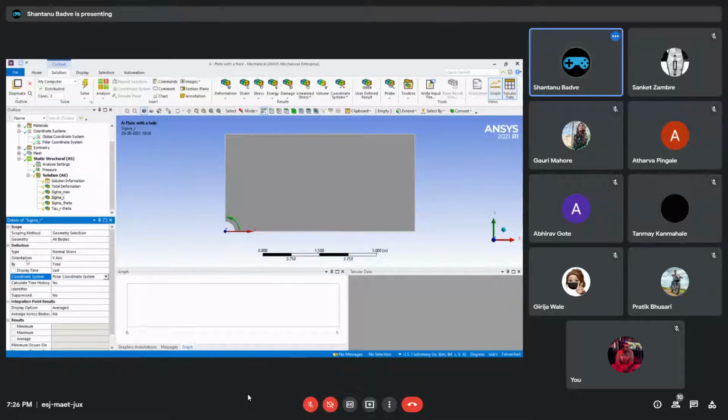The second thing that we need to check is the orientation. Now, radial stress is always oriented with the direction in which you are applying the stress. We are applying the stress in the x direction, and therefore our radial stress is also oriented in the x direction, as defined by the orientation of your x-axis. Then we have got sigma theta. Sigma theta is also using the global coordinate system. We will change it to polar.